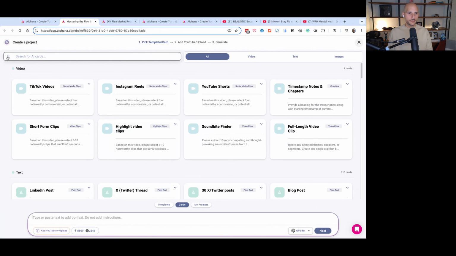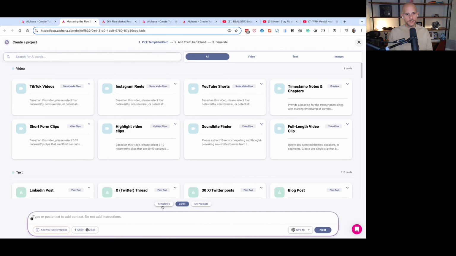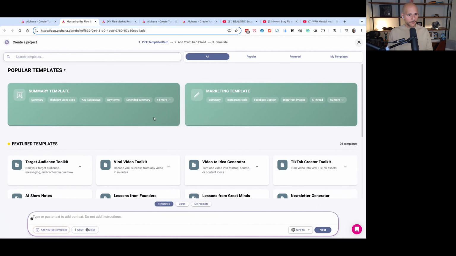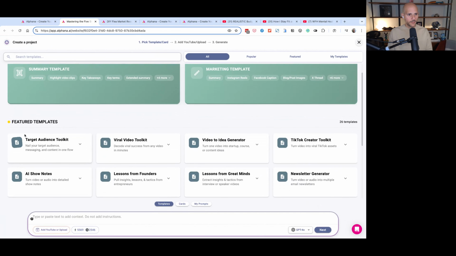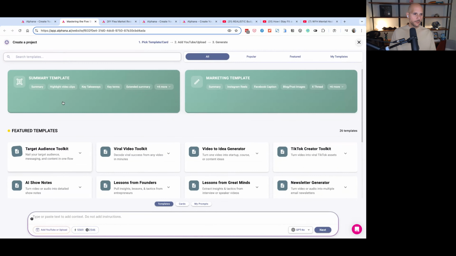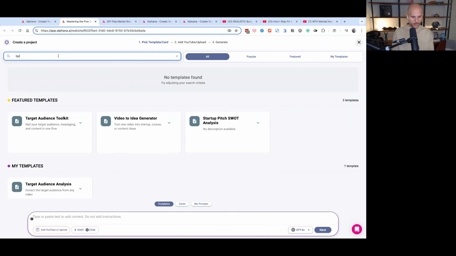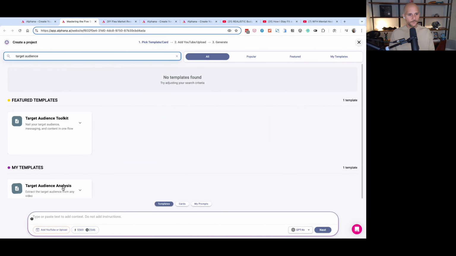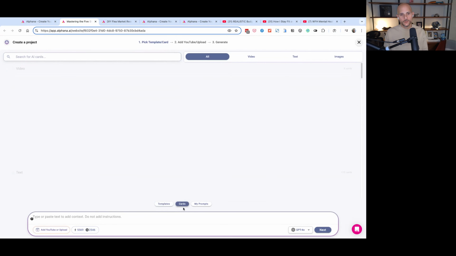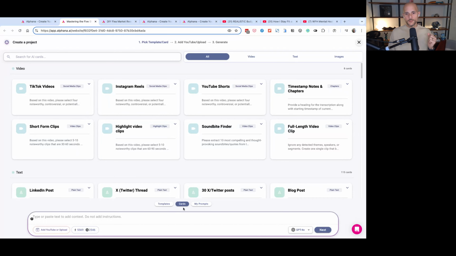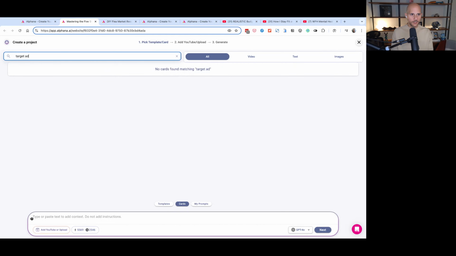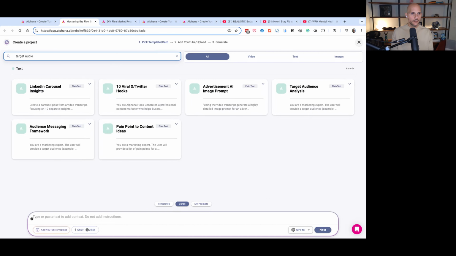Again, when you come into create, you have your cards, you can click on templates, and you scroll down and you've now got the Target Audience Toolkit, which of course you can always search if you're just looking for target audience. And here you go, it automatically searches through them. Now, what's really cool is if you don't want to generate with all 3 items, if you're just looking to extract a target audience, I could just type target audience here. And boom, right here,